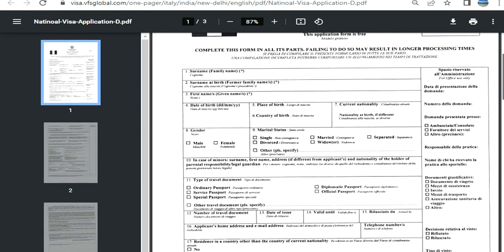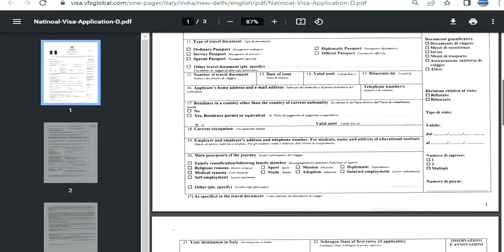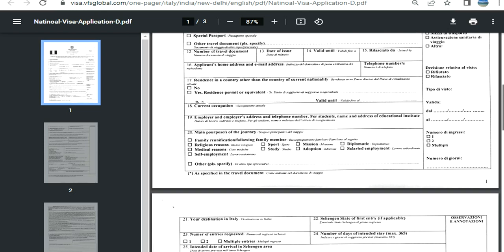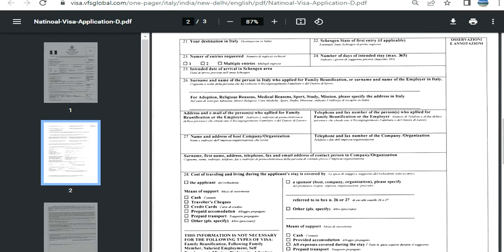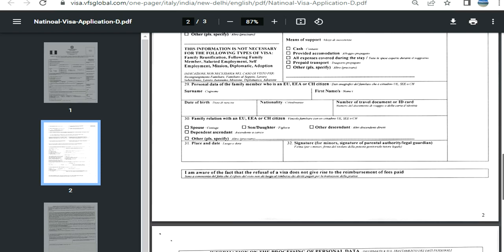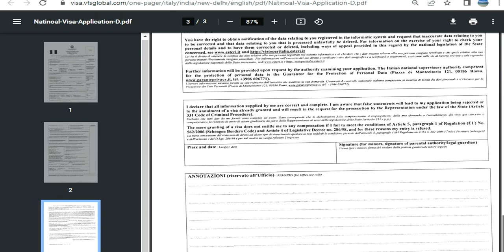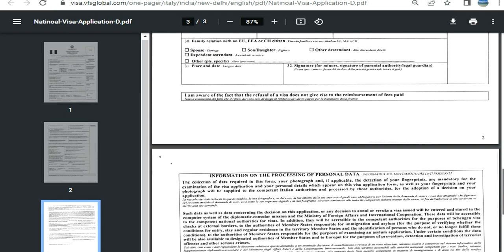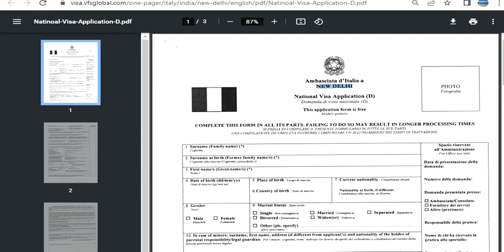Photograph, surname, name, date of birth, place of birth, marital status, gender, travel document, number of travel document, home address, residency, current occupation, main purpose of journey, destination in Italy, company details, duration of stay. Okay. In some sections you can see they have given some information. If your family member falls under this, their information, and then signature. All right, that's it for now, guys, and once you are done you can schedule the appointment